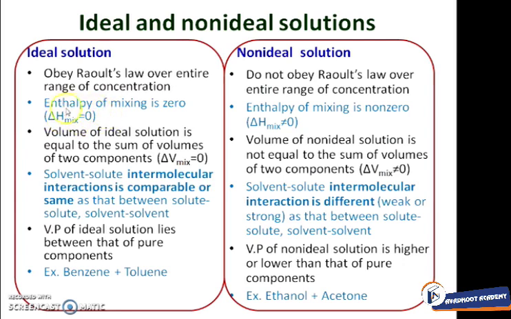But at the time of formation of an ideal solution, when two components, that is solute and solvent, are mixed, the process is ideally neither endothermic nor exothermic, and therefore there is no enthalpy change. So delta H remains constant. So this is for ideal solution. In case of non-ideal solution, the enthalpy of mixing is non-zero. So it may be positive or negative.